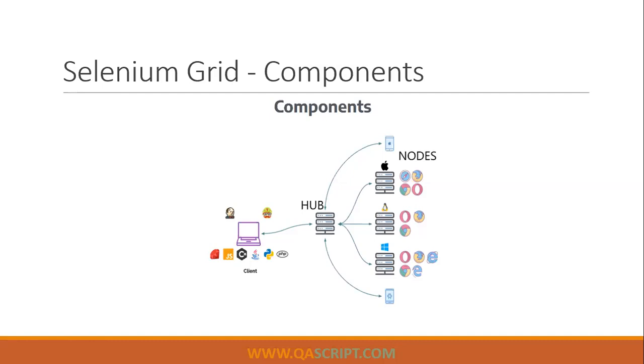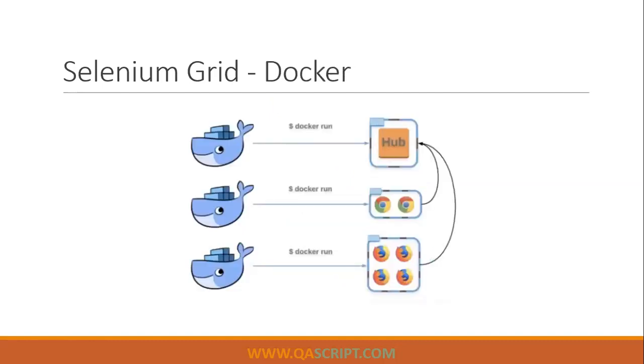If you have access to different Linux machines or different servers, then you can set up a hub as a server, and then you can set up different nodes on different physical machines. But that will require access to different physical machines, which will have different operating systems. Now, for this demo purpose, I don't have access to physical machines,